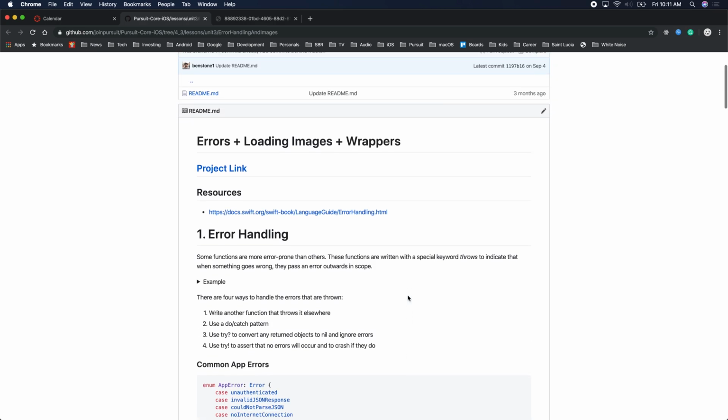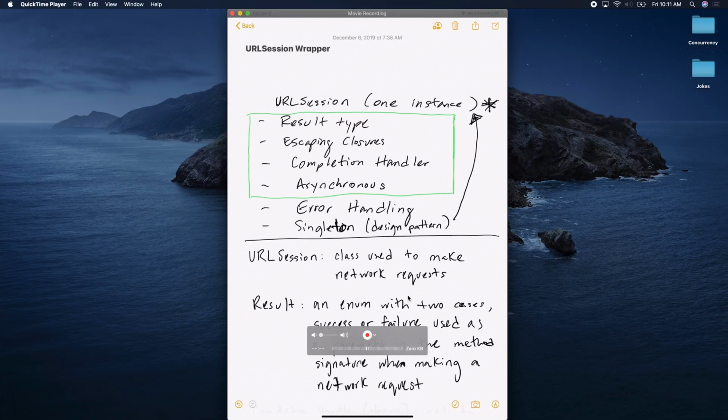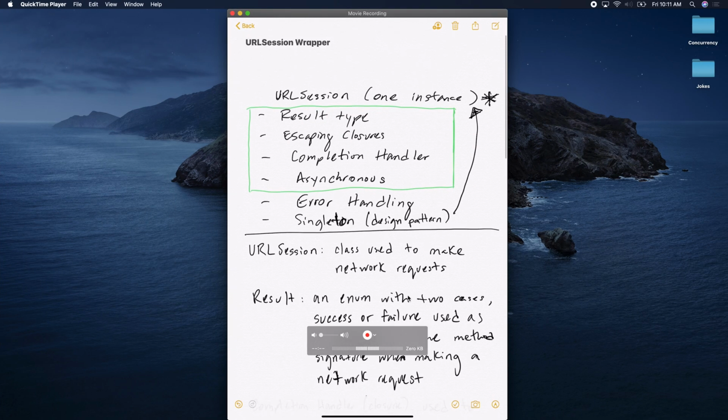Okay, so today the lesson is to use URLSession. We'll be using URLSession and encapsulating it into a wrapper class. That wrapper class will be called NetworkHelper. NetworkHelper will be the class that we use in our projects going forward for accessing the network, whether it be getting an image or creating Swift models, we'll be using that NetworkHelper class to do